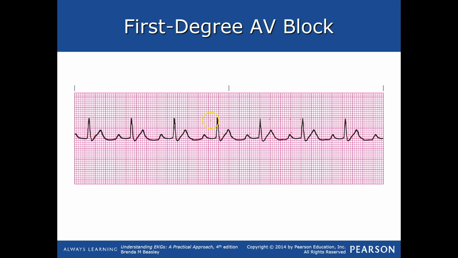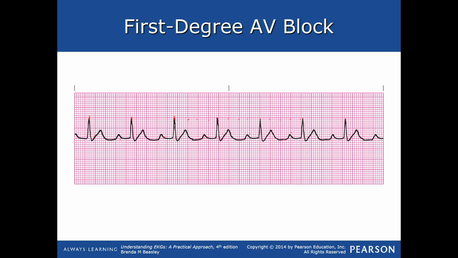But we can look to see. So we can find this one. We're looking at 1, 2, 3, 4, close to half. 1, 2, 3, 4. We're right in there. It's pretty regular. And remember, they're not always going to match up. But if we were to get paper out and start marking these guys off every time, and we marched it down, we would see that they're within normal limits. So we move on to our P waves. So we do have a P wave that precedes every QRS, and it is